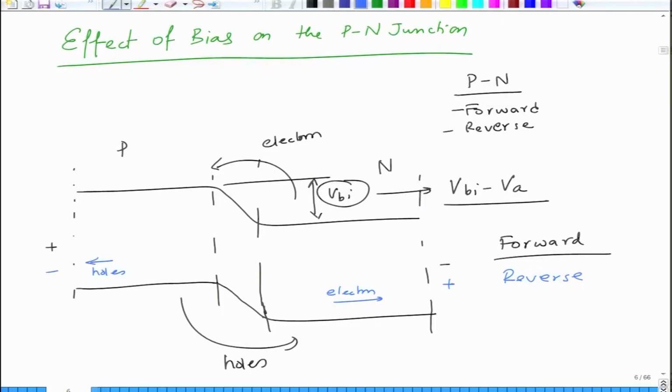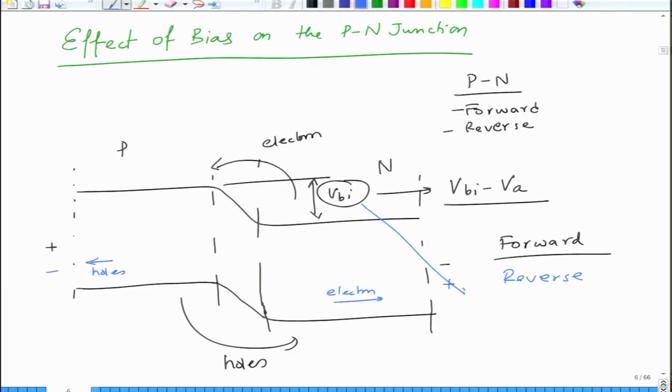The electrons and holes are going to go through and recombine at some point, and in the circuit there is no current flowing through the junction. So junction current is very small in the reverse bias. So in the reverse bias, essentially this barrier increases, it becomes VBI plus